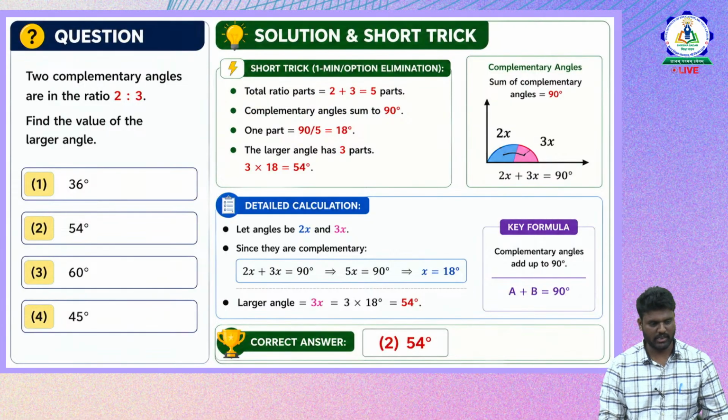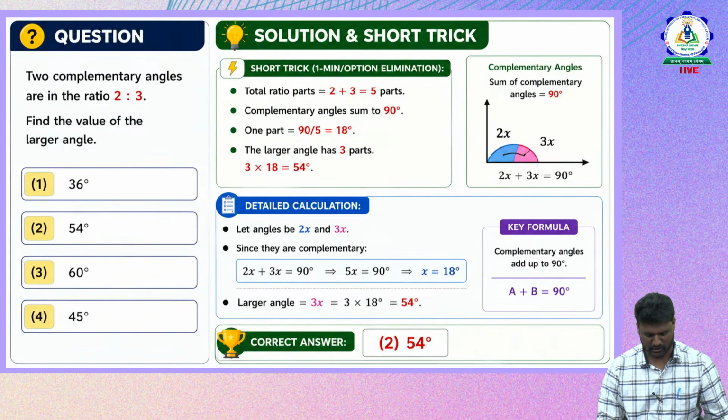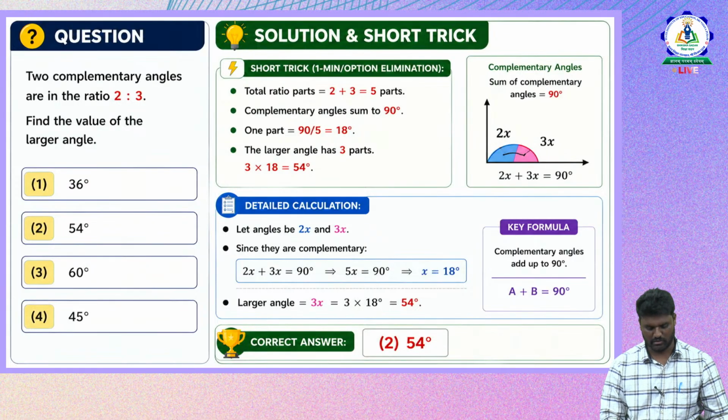Now the next one: two complementary angles are in the ratio 2:3. Find the value of the larger angle. If you analyze this question, it is based on the concept of complementary angles. Let us understand that concept. If the sum of angle A and angle B becomes 90 degrees, then we say that the two angles are